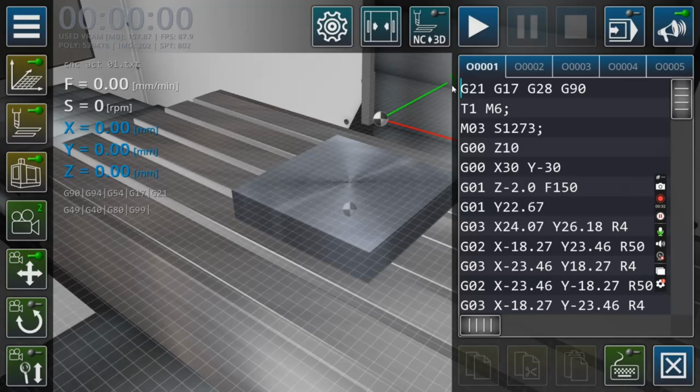In our position 1, that uses G01, G01 X30, Y negative 30. This is the starting cutting point. And to our position 2, we have the G01 Y22.67. That's a straight vertical line from P1 to P2. It is a straight cut. And to our position 3, we have the